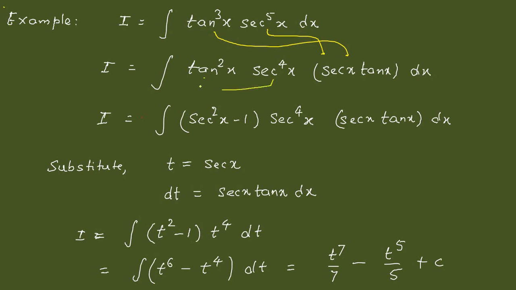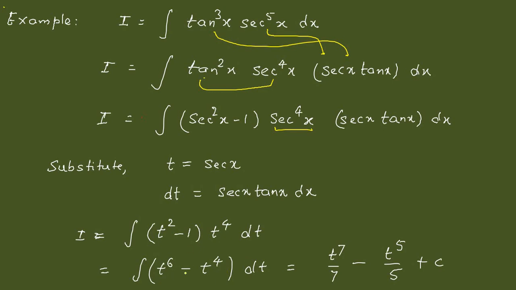So we have to transform the remaining terms in the form of sec x, and for this sec to the power 4 x is already there. So we have to simply transform this tan square x into the form of sec square x. So we can write this tan square x using the identity as sec square x minus 1, and from there we can easily guess that sec x has the derivative sec x tan x, so we can simply substitute t is equal to sec x, and of course we get dt is sec x tan x dx, and from there we can simply see the integrand as t square minus 1 times t to the power 4, and of course after